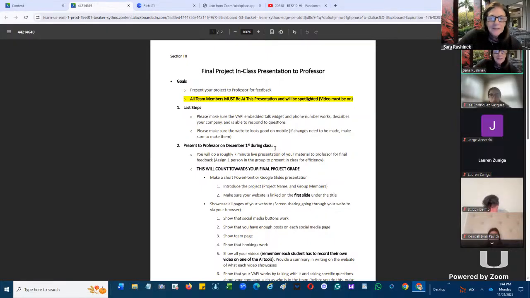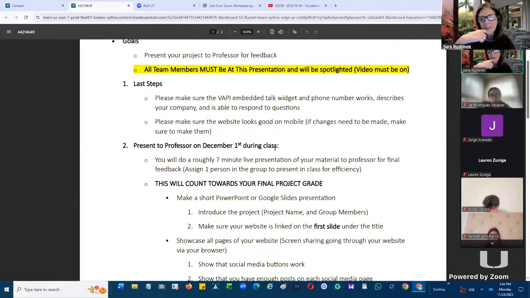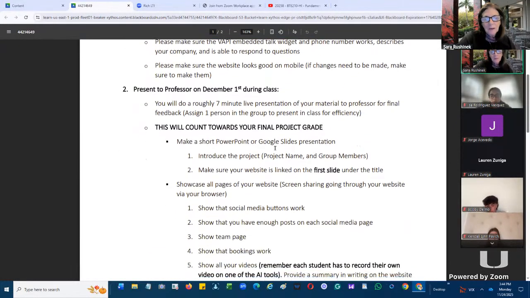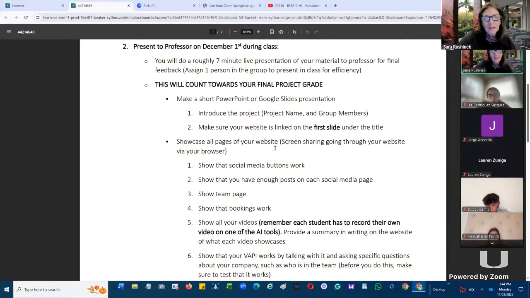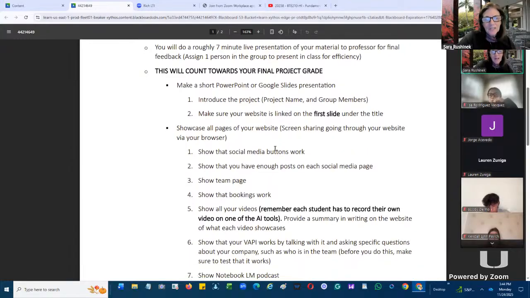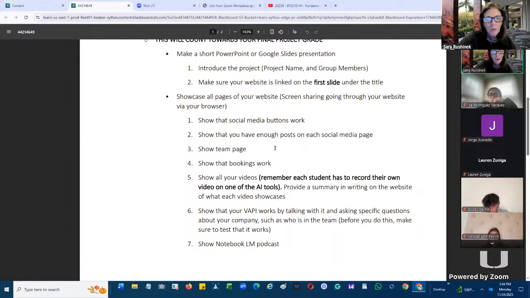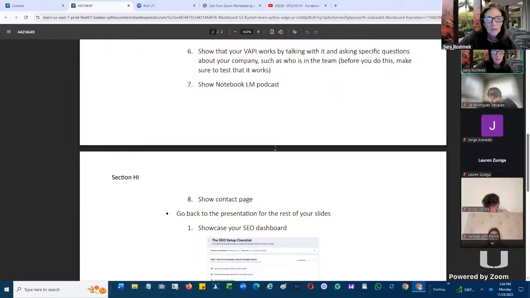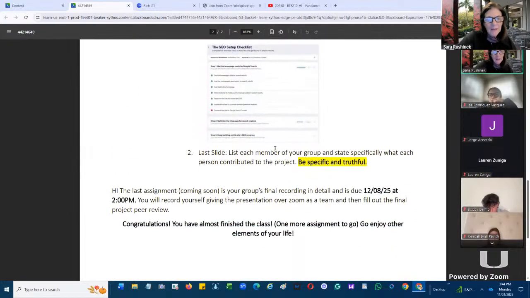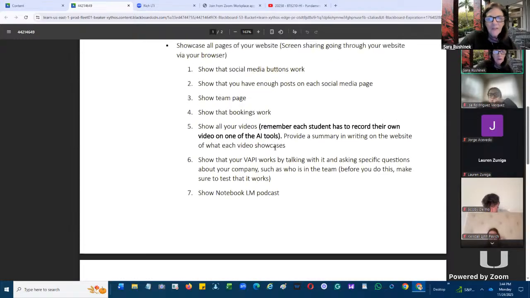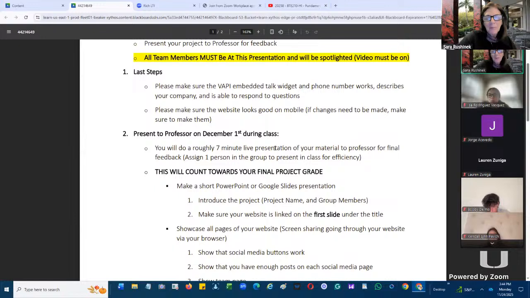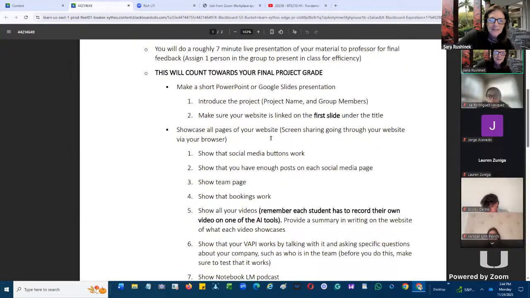You'll assign one person in your group to present to the class for efficiency. This presentation will count towards your final project. You want to make sure that you have a presentation set. In your presentation, you're going to introduce the project and the group names, and make sure the website link is on the first slide and that it's clickable. You'll show all your work and your contact page as well. Have other people in your group write down notes. After you finish that class presentation,